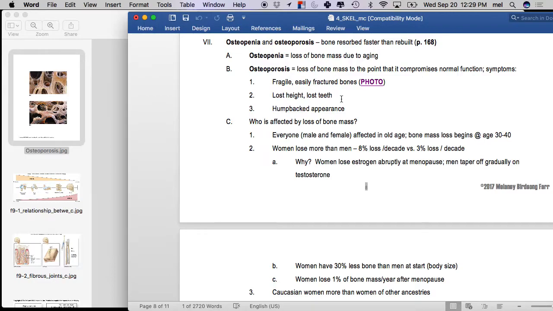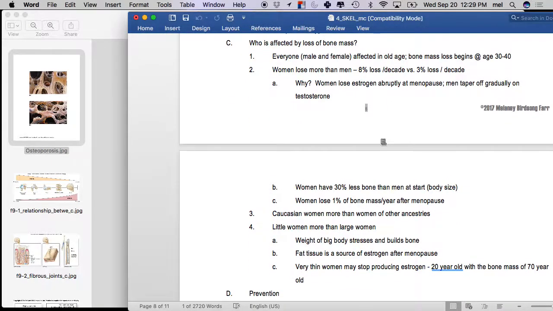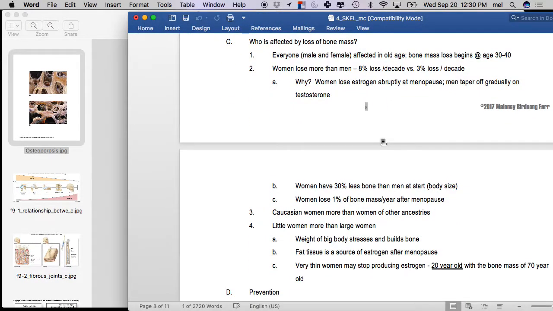Okay, so who is more likely to be affected by loss of bone mass? Well, it has to do with your gender, your age, your activity patterns, and your ethnicity or your genetic heritage, right? So everyone starts to lose bone mass around age 30, but that's not a sentence, it's just a predisposition. If, however, you are a super wiggly 30-year-old, are you going to immediately start losing your bone mass? No. We tend to get a little less active as we get older, but you don't have to. Most of us start losing bone mass between the ages of 30 and 40.